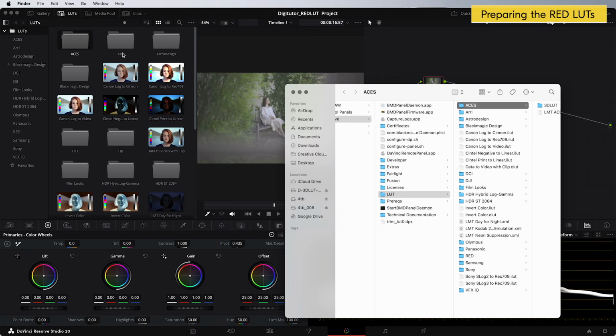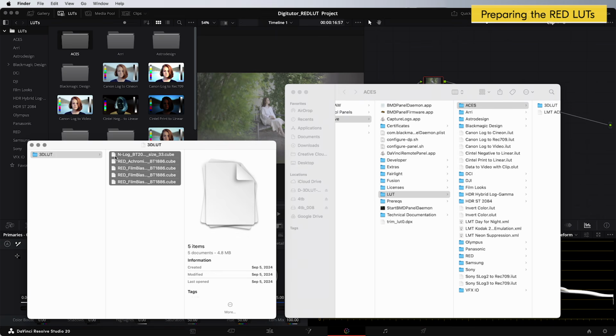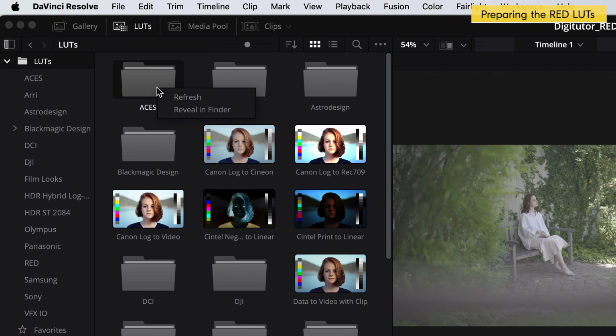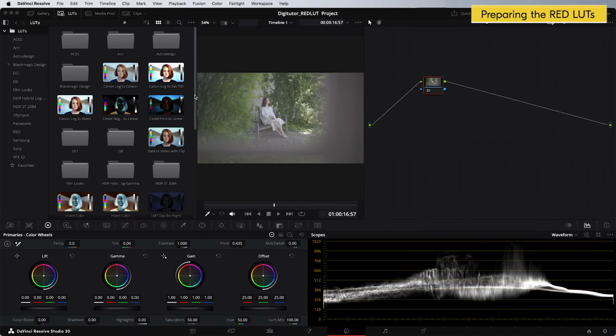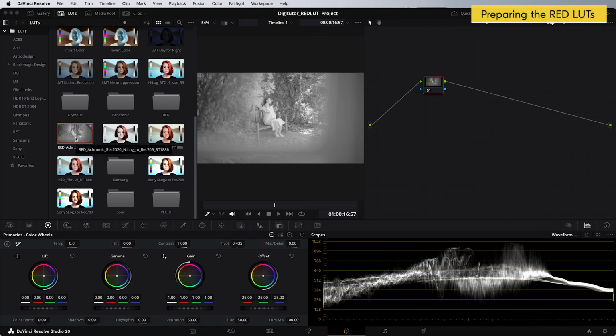This will open the folder where LUTs are stored, so copy the RED LUTs into that location. Return to the DaVinci Resolve screen, right-click on any LUT or folder again within the LUTs tab, and select Refresh. The RED LUTs will now be loaded. This completes the initial setup.